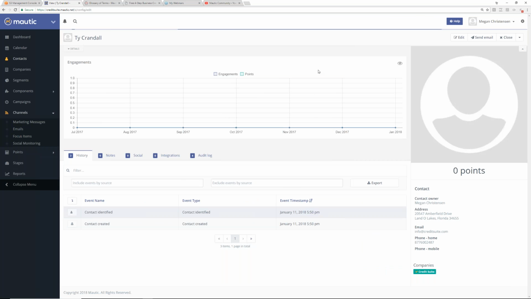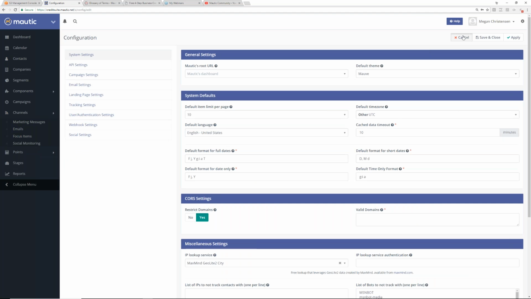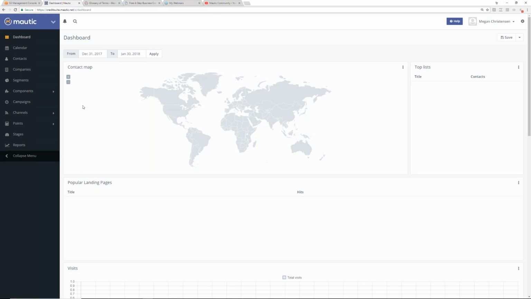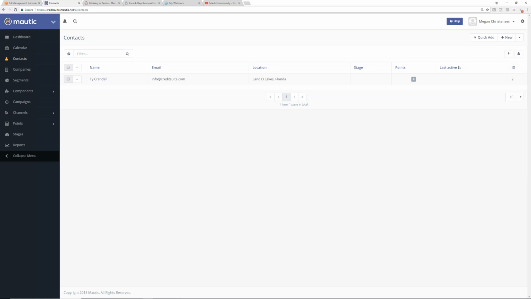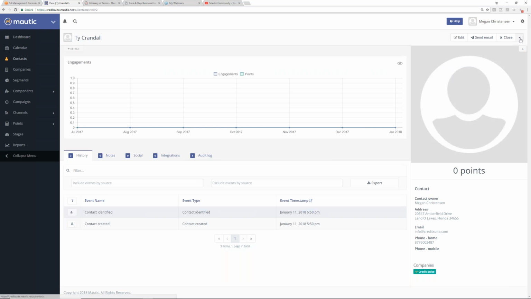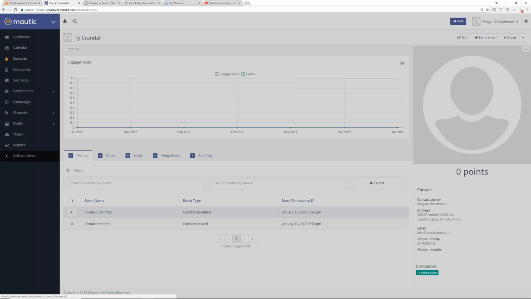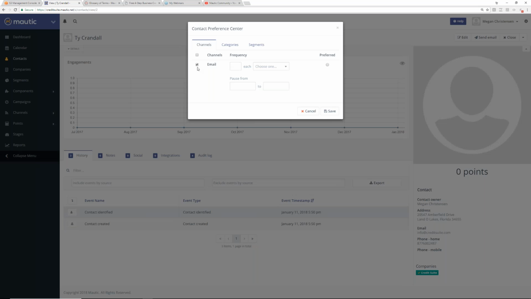SMS text message as a preference here. I haven't yet figured out how to do it, I know where it is, but I haven't had a chance today in my training to dive in there. Then I can choose SMS text messages. So with a contact, I'm able to choose the preferences they have, and I can choose that this person prefers to be contacted by email. If I had SMS activated, I would have SMS as an option. So I could say this person would rather be contacted by SMS or social media or Twitter or email versus another. And what you're going to see later is